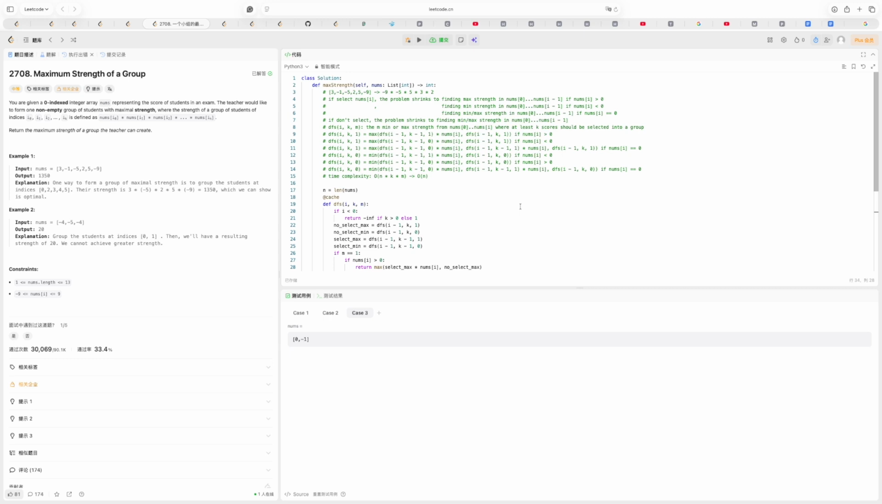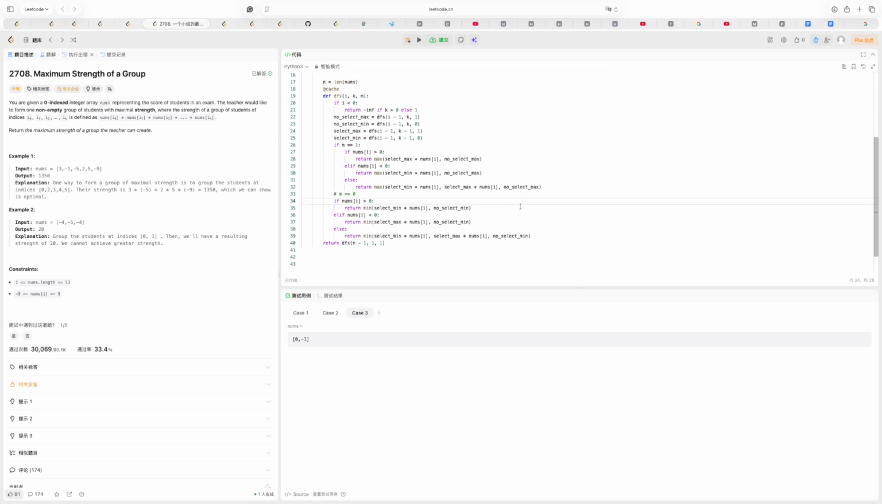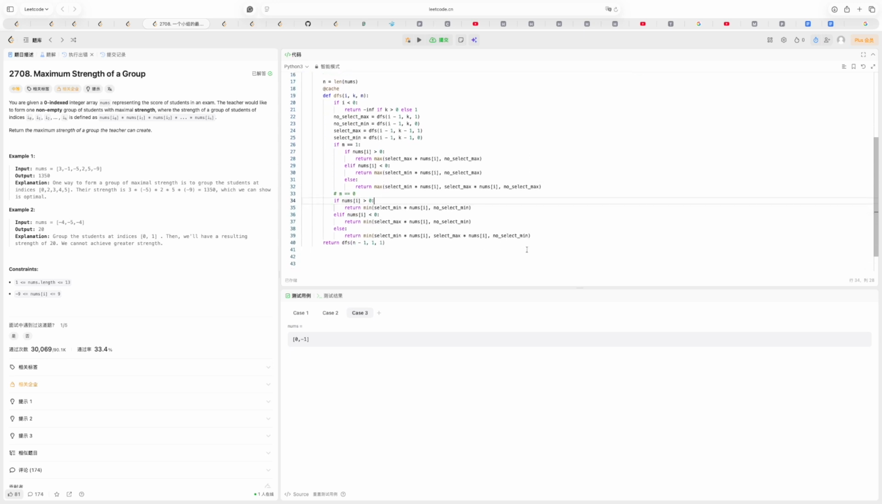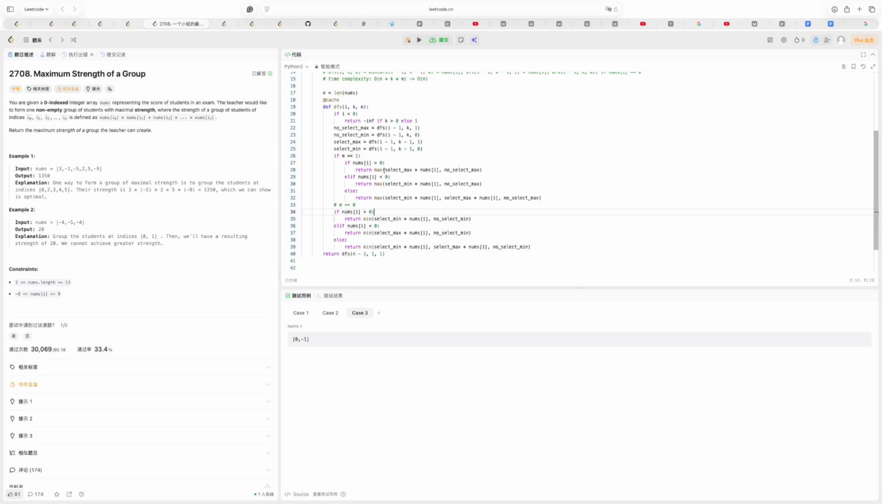And I used a state machine solution. Since it is having this definition, like the min or max strength from nums 0 to nums I, and where at least k scores should be selected, it is more like a state machine solution. And okay, so the thing that I want to optimize is that